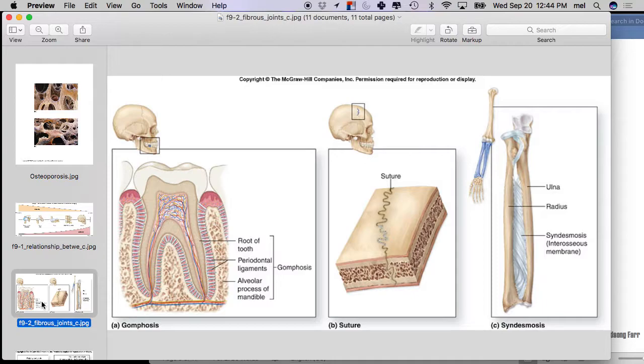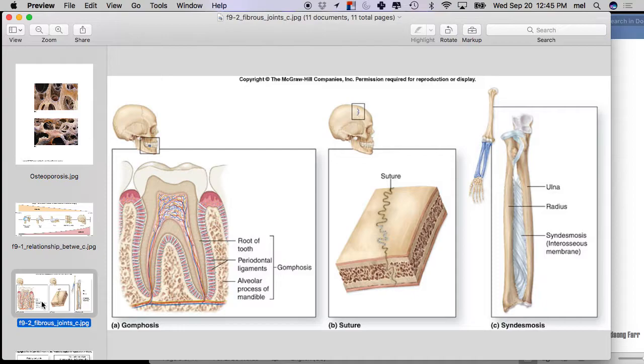It's called a suture. Two other types of fibrous joints are a gomphosis. Gomphosis has the periodontal ligaments just holding your teeth into your alveoli. Yeah? That's not supposed to be wiggly in an adult, is it? No, that shouldn't be wiggly. And then the other one, and this is the weirdest one. This is the most wiggly of the least wiggly type of joints. And that is called a syndesmosis.